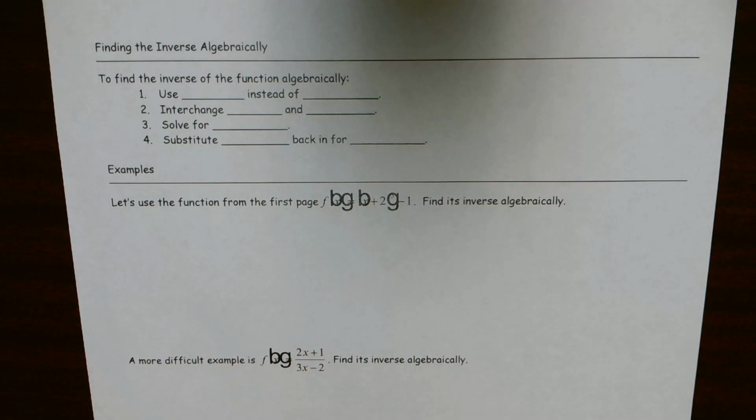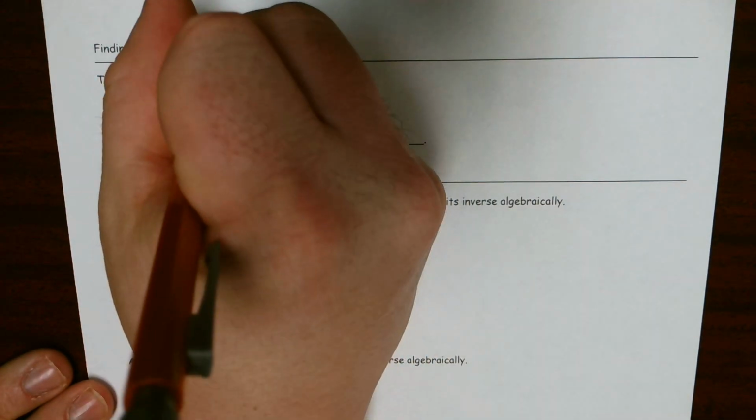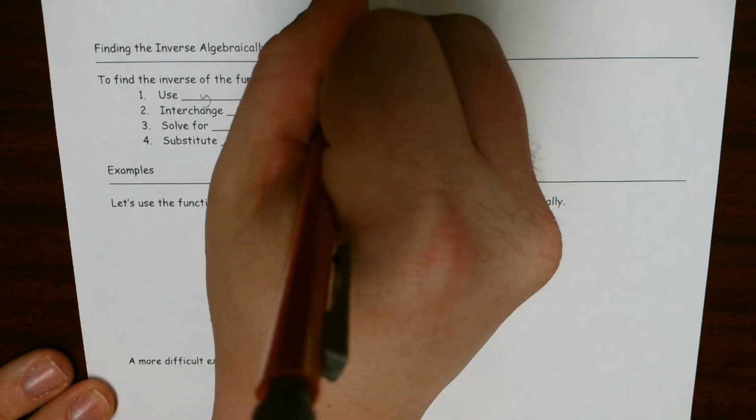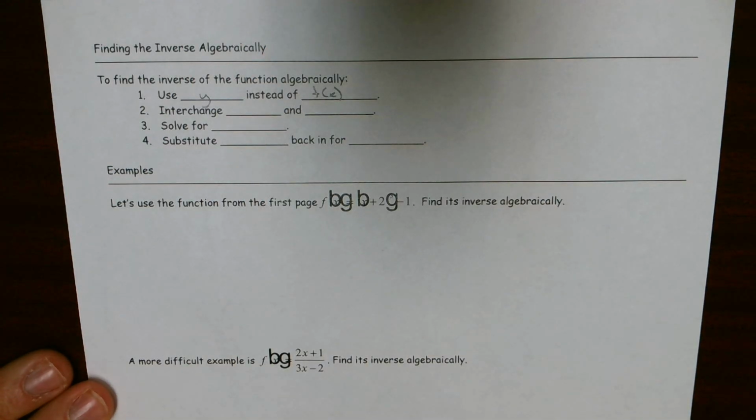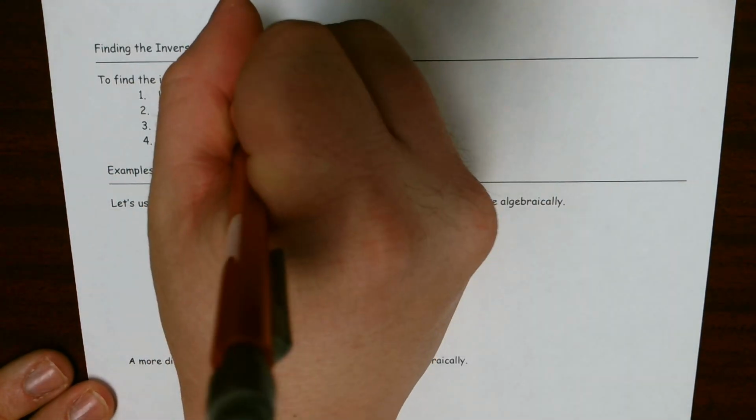Okay, so now let's talk a little bit about finding the inverse algebraically. So a few steps we need to consider, and this will be kind of second nature by the time we do one example. But we want to first start off by using y instead of f of x. That's going to make life a little easier. We're going to then interchange the x and y